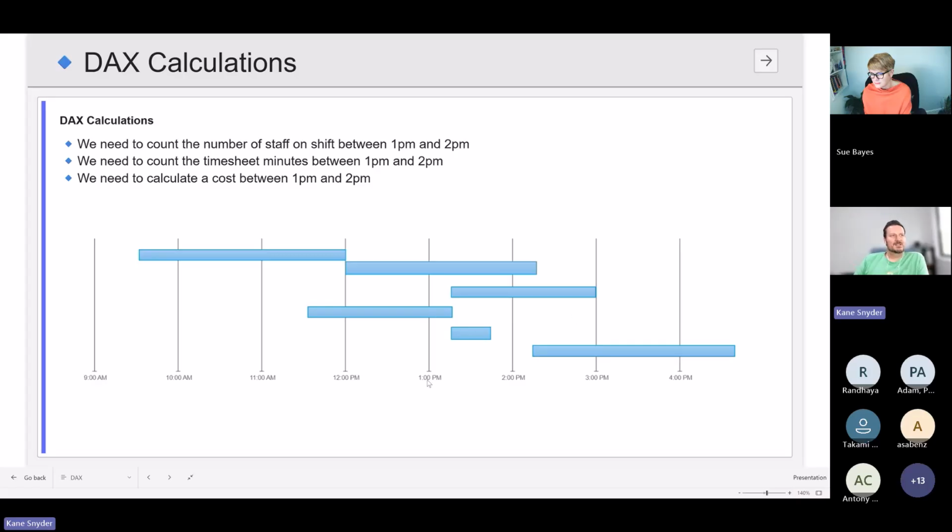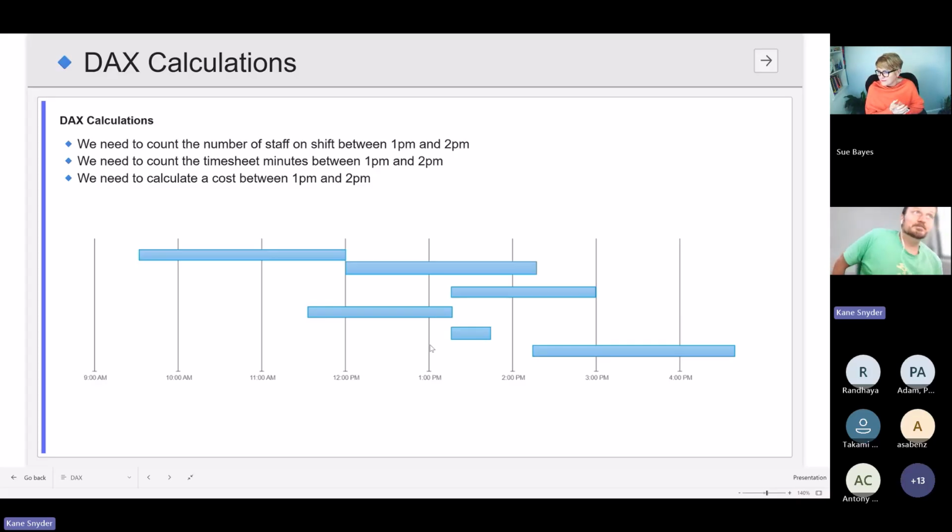Why this is tricky is, when you remember when we spoke about it before with the data model, our time dimension is connected to the start time of the shift or the event or the timesheet. So when we have a point of filter context on a chart like 1 p.m., we can't just count rows of the timesheet. If we wanted to ask how many timesheets are here, there's 4. But if we counted rows of timesheets at 1 p.m., we'd get none, because none of them start at 1 p.m. So this is the challenge.